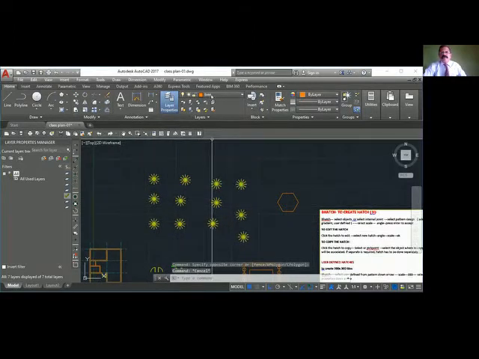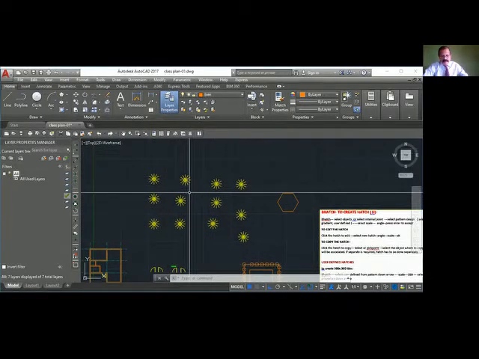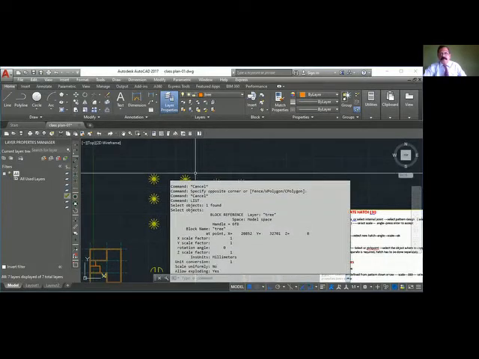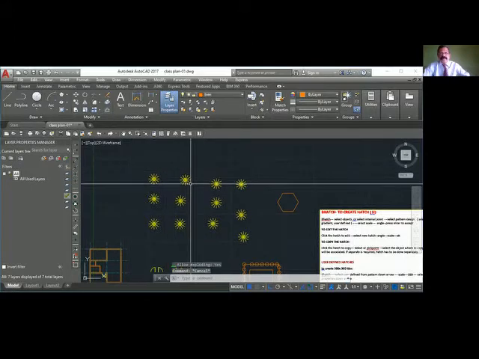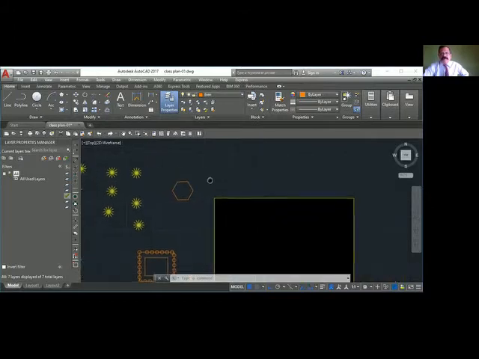See, even though you change it to the tree layer, the color did not change because the original block was created in the wall layer. You can see with list, the block is tree. So this original tree was created in another layer. That is why this is coming. So when you create the block, it should be in the same layer. Otherwise, I will show you how to sort that issue.